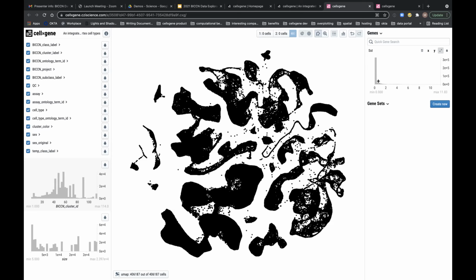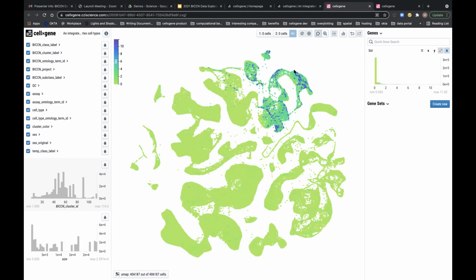You can't really avoid that in single cell data, especially when the population expressing the gene is a small subset of the total data set. But we can go ahead and color by this gene, and we're seeing that it's a great marker for these few cell subtypes in the embedding plot.